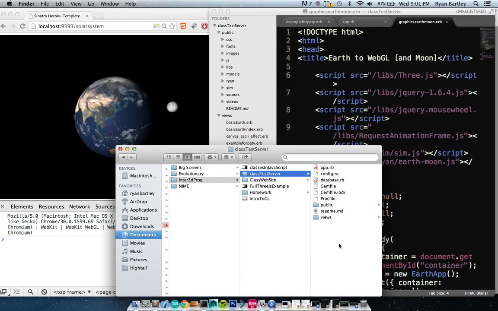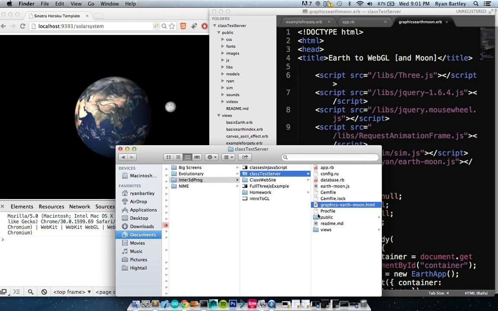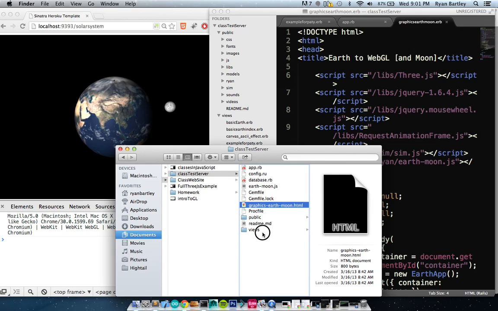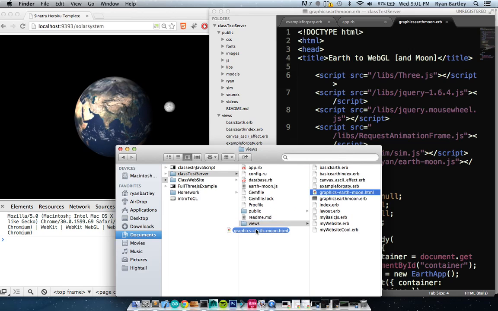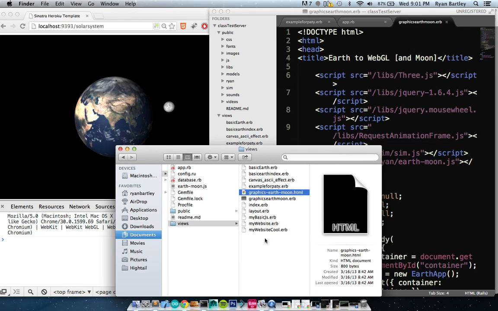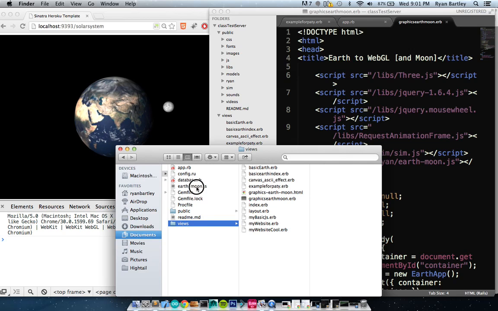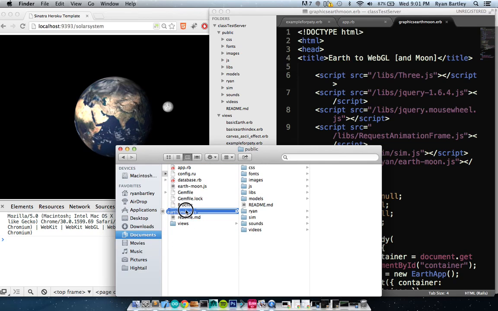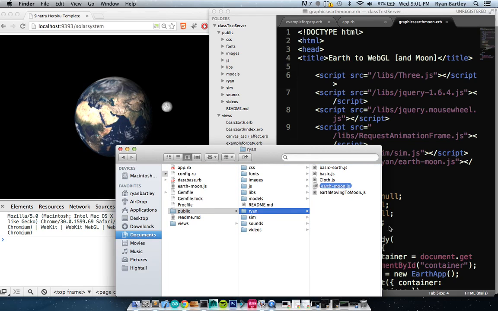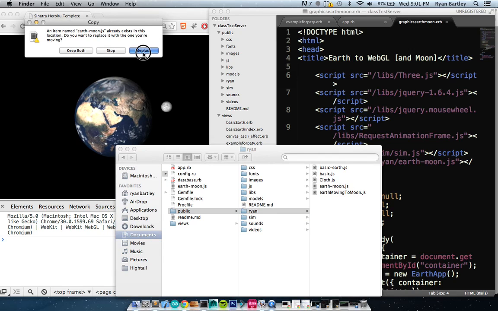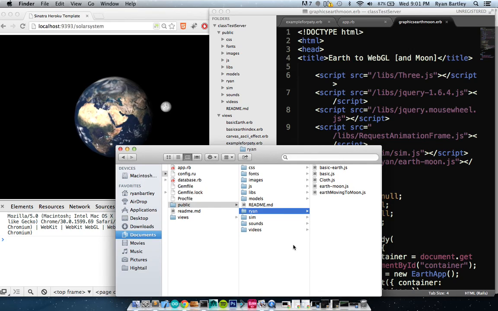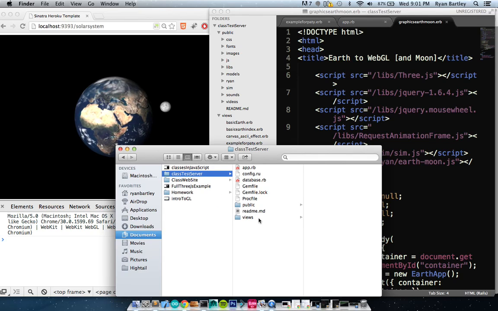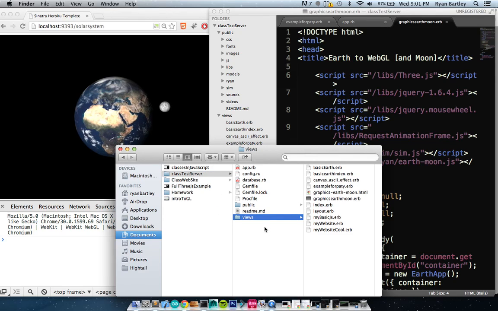Earthmoon goes in Pati.js. So earth-moon.js goes in Pati, and then graphics earth moon, this one goes in your views, like this. Oh, and I can't just do it by throwing it into Sublime. I have to throw it in the Finder. Right? Yes, correct. Then just throw these things into their respective places. Once you have them where they're supposed to be in views,